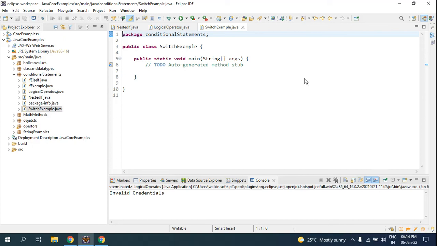I'll start with the switch. So this is the syntax, switch case.